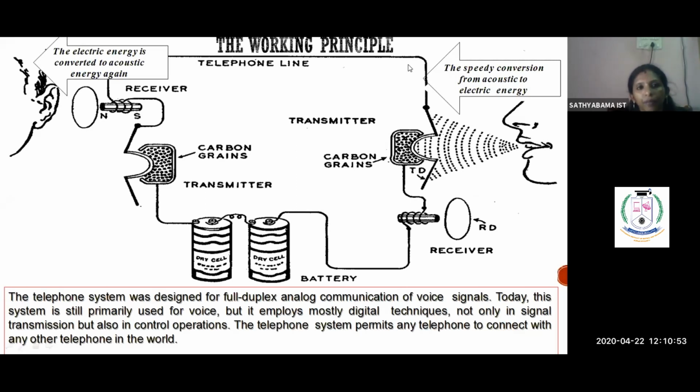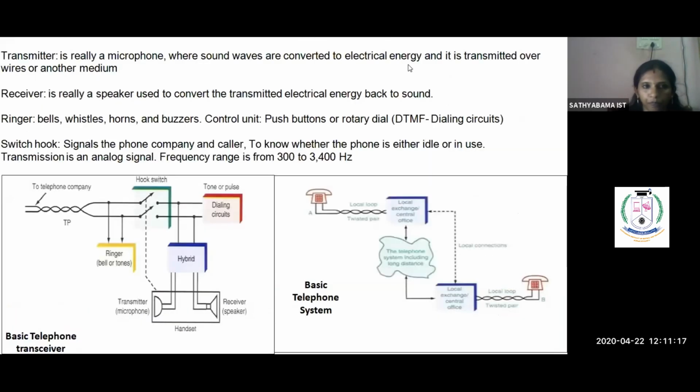And then from that end, we are having a transmitter section, and whatever the other person is speaking, again the same process will be continued in your telephone system. It is a two-way communication system. So what is your two-way communication system? It is nothing but simultaneously a person can communicate and also can listen. It is called a two-way communication system.